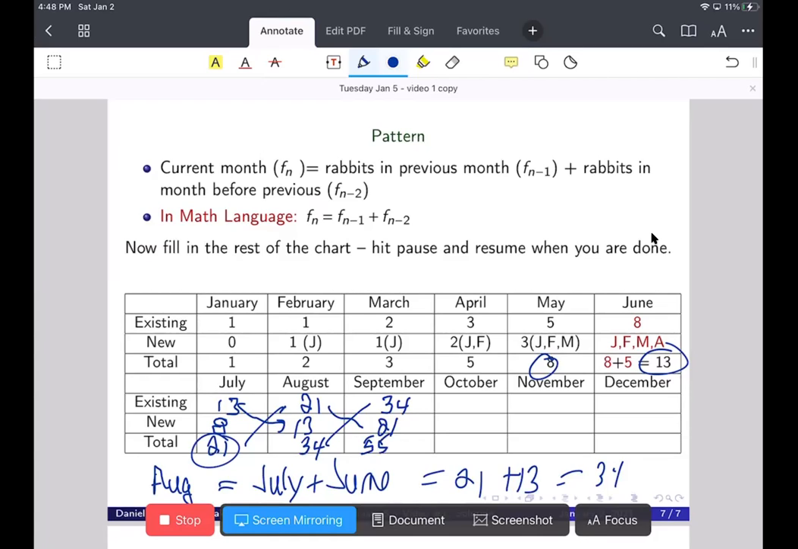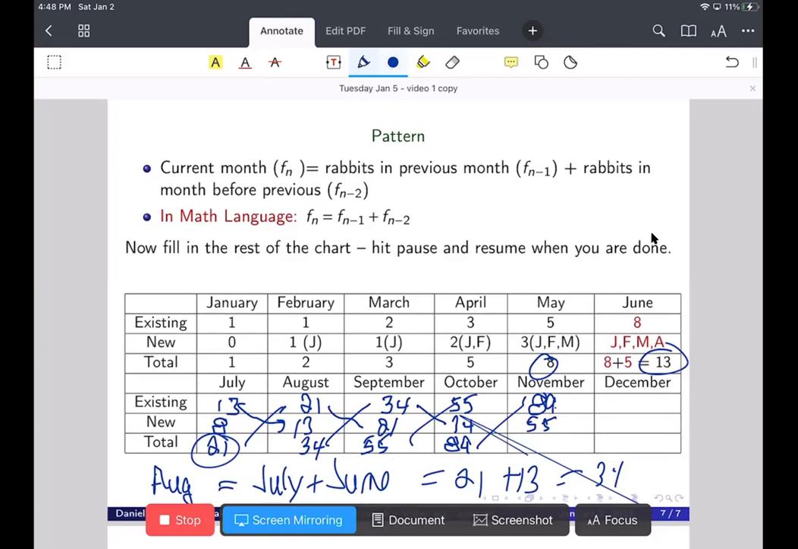October is going to be the pairs at the end of September, which is 55, plus the new pairs, 34. And that's going to be 89 altogether. Again, we'll finish the rest of it. Put the 89 there. That's the total at the end of October, plus the ones that were alive in September, so that's 55. 89 plus 55 is